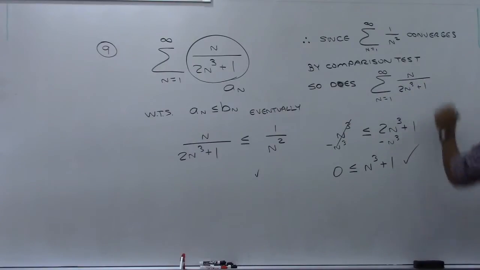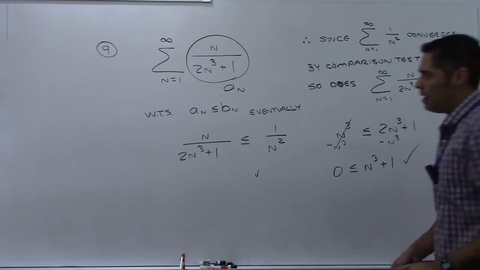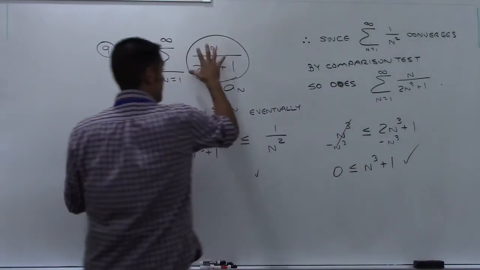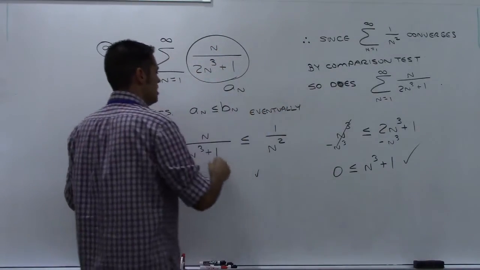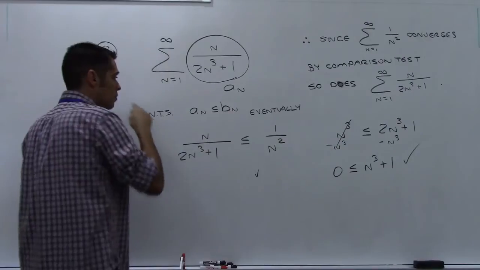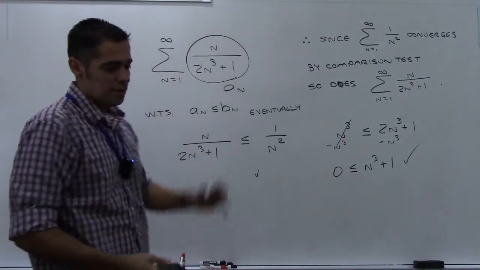Done. Okay? So notice I'm writing everything down. It's nice and logical. I thought about what I was going to compare it to. I identified what my a sub n and b sub n were, and went ahead and showed the inequality was